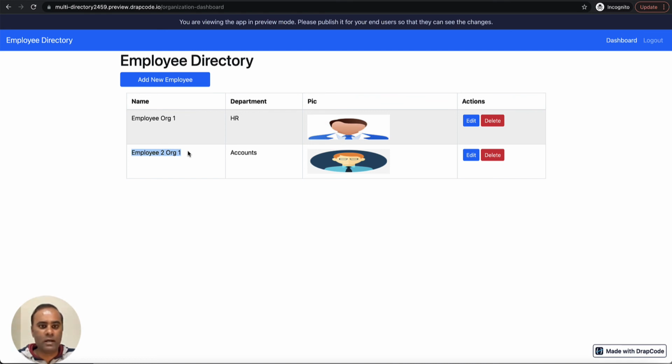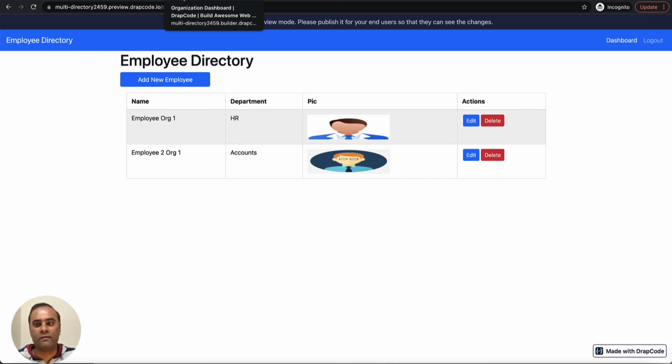So to do it multi-tenant, it's very straightforward. Only thing we'll have to do is we will need to restrict that what particular data will get displayed here. So here we want to display the list of the employees of an organization of this particular manager, right? So in the simple words, we can say that whoever the organization manager is logged in, show the data of his organization only, right? Okay.